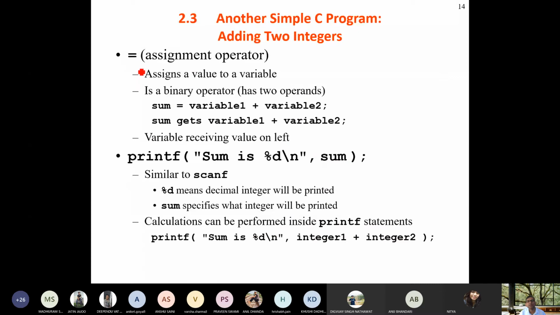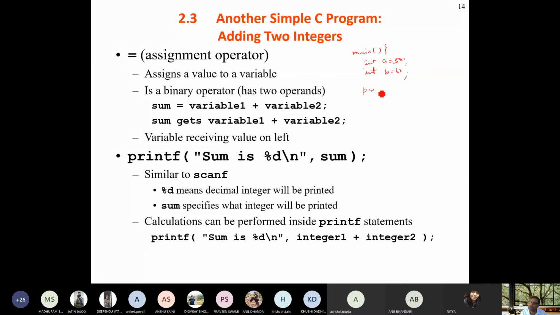Sir, if the input is already given in the program, will scanf be used or not? No, there is no requirement of scanf then. Suppose a program is written like this: main, integer a equals 50, integer b equals 60.